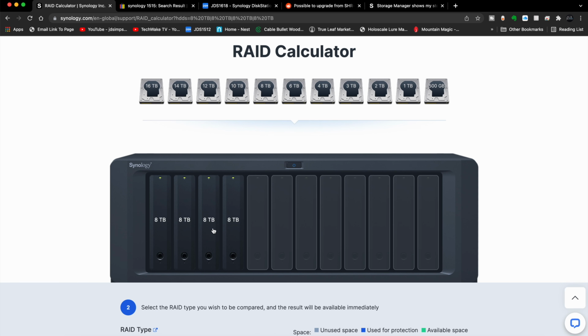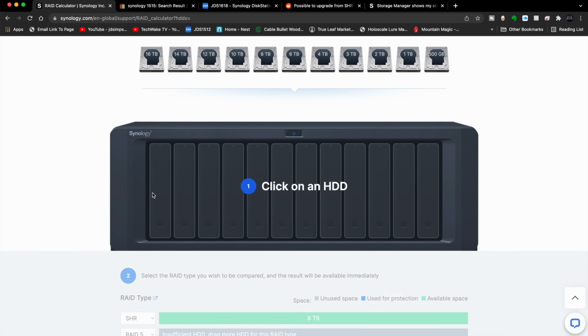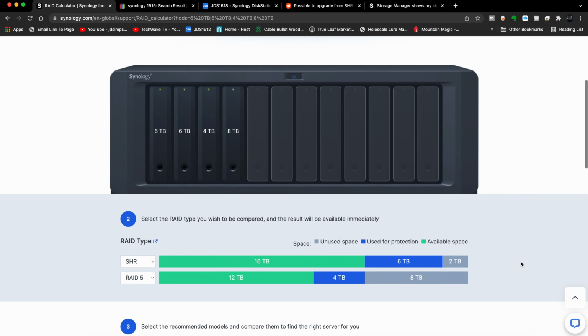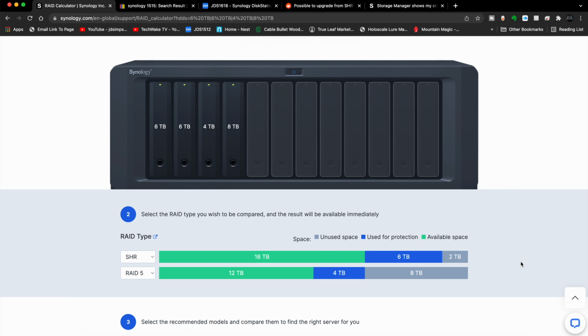And let's pretend, let's take all these out, that you had a couple 6s at home, you had a 4, and you had an 8. And you go, okay, how would that look? How does that add up? Well, it's not always going to be intuitive because you have to have enough protection and unused space to protect the largest drive. So you'll notice here you have 6 terabytes and 2 terabytes unused.